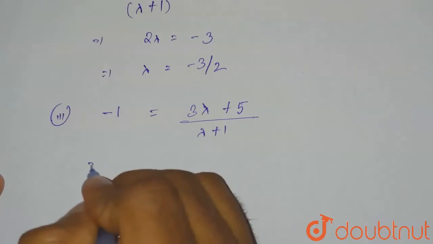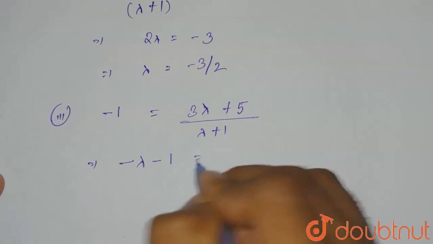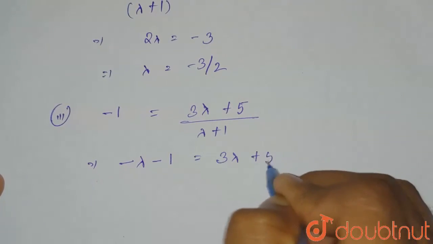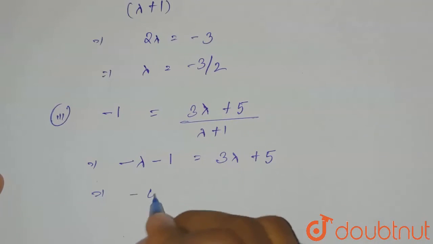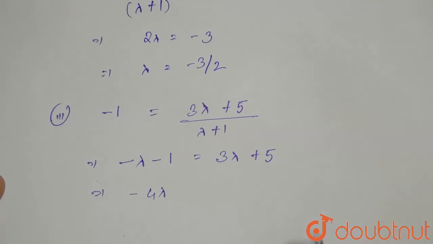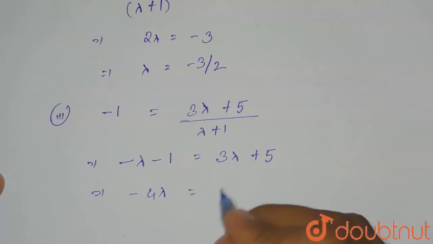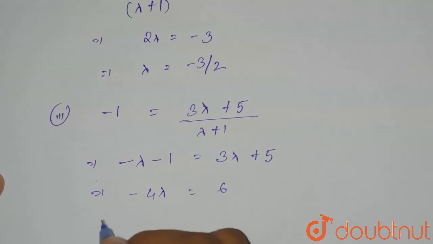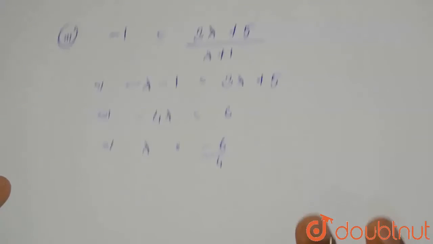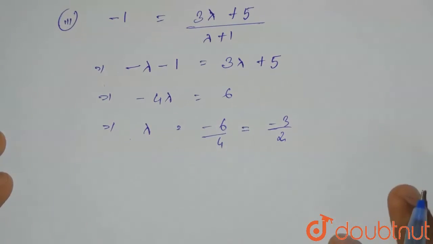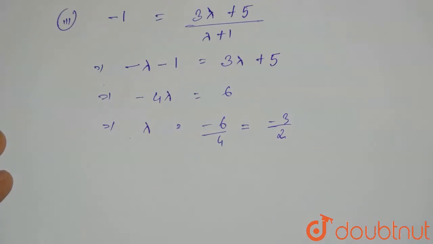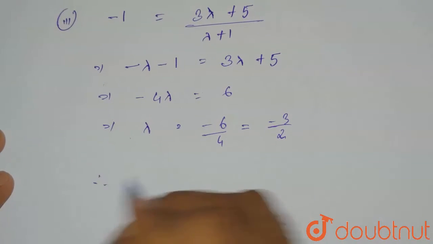So if we cross multiply, it will be minus lambda minus 1, which will be equal to 3 lambda plus 5. Or from here 3 lambda will be on this side, it will be minus 4 lambda, minus 4 lambda will be equal to plus 5 minus 1, that means it will be 6. So from here lambda will be equal to minus 6 by 4, which is equal to minus 3 by 2. So here also we can see that the lambda value is supported by all of the coordinates. So we can say that therefore the 3 points